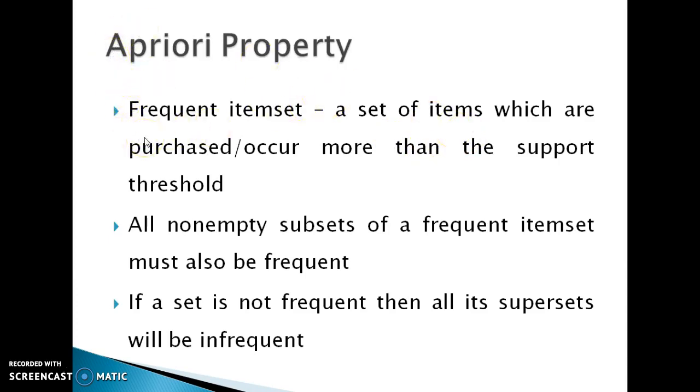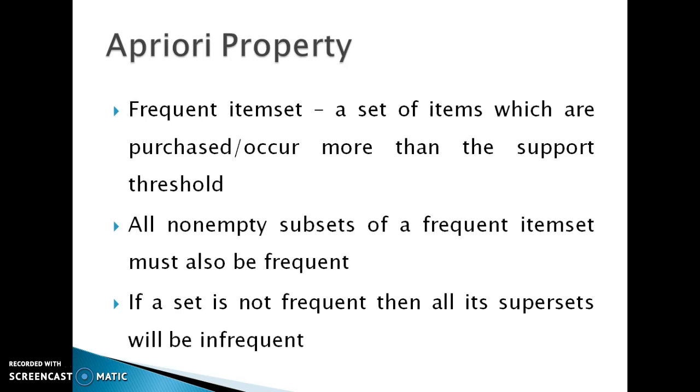Suppose I have an item set, say A comma B, or say bread comma butter. And the user says that if this combination occurs in at least 5 transactions, that is, at least 5 customers have bought bread and butter together, then that combination is frequent. So I go and count the number of transactions in which people have bought bread and butter. If this combination's support count is greater than or equal to 5, then I say that the